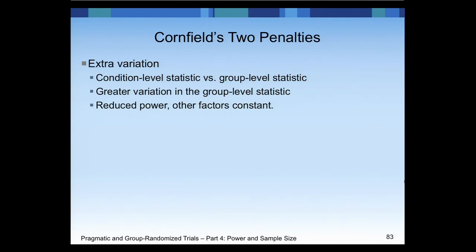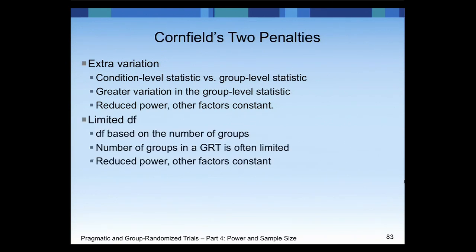Because of the intraclass correlation, which reduces the correlation within groups, we have the group component of variation that increases the variability in condition level statistics, in group level statistics, and that is the extra variation that we're referring to. If we don't deal with it adequately, we're going to have less power for a proper analysis,